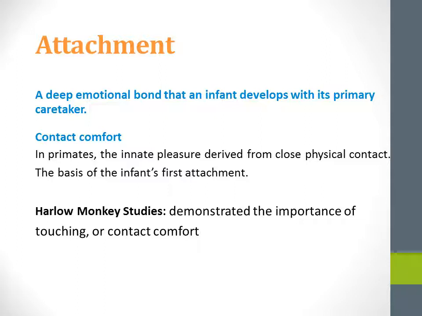So you'll see that the baby monkey prefers the fake mother who has some kind of capacity for warmth and for touch, the mother who's covered in terry cloth, compared to the mother who only provides food. So this gives us evidence that the attachment bond then is not just dependent on the provision of food. There's also some other things that are involved in this idea of contact comfort, of physical touch is important as well.